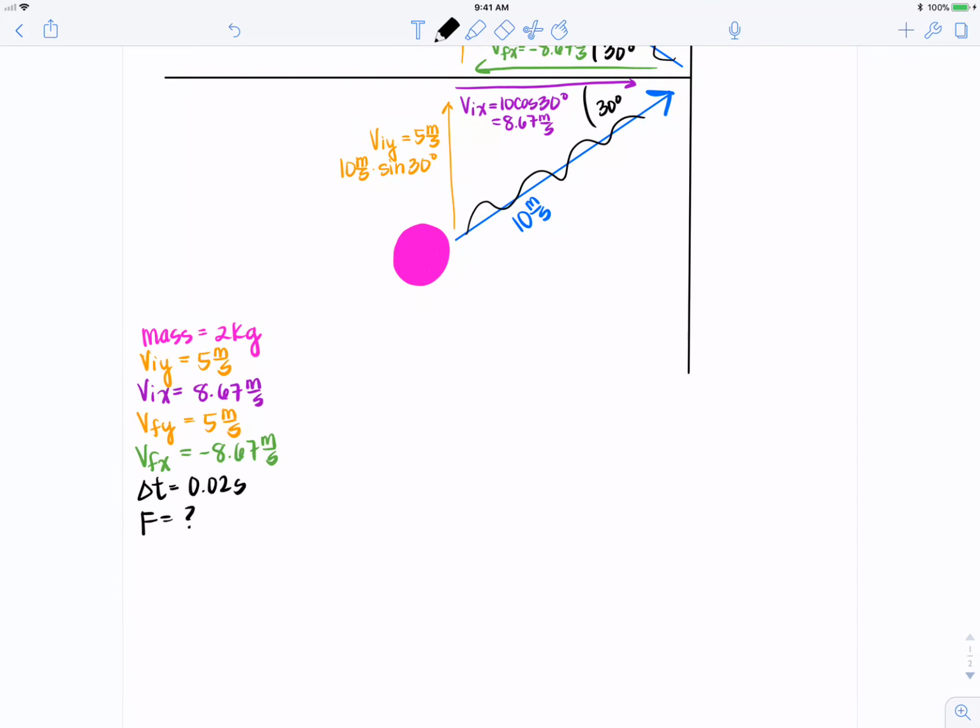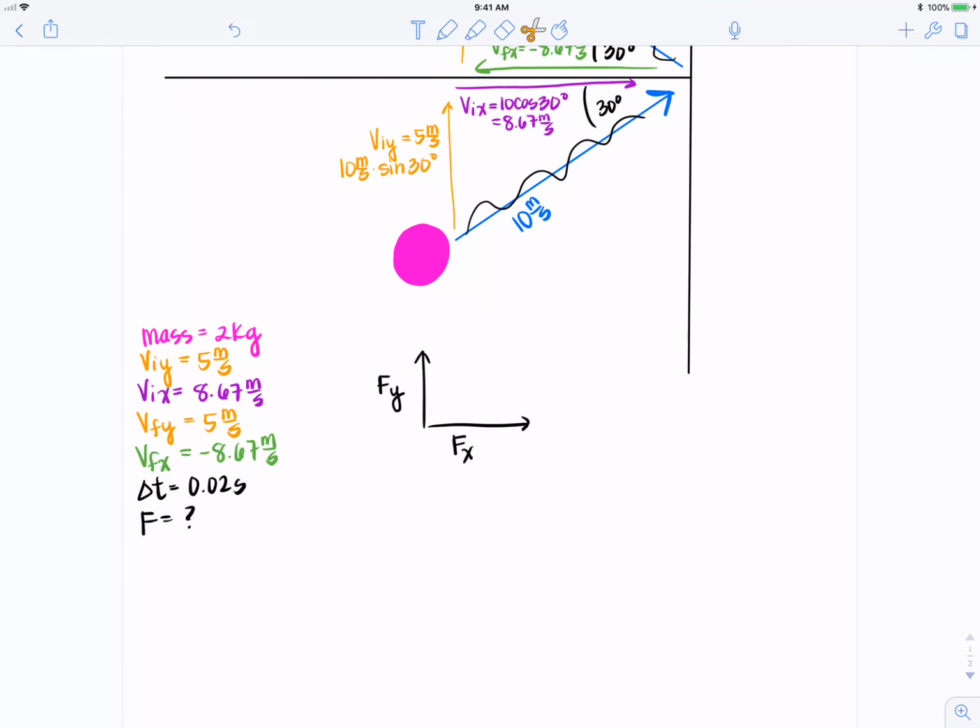Let's go ahead and solve for the force. In order to solve for the average force, we need to solve for the x component of the average force and the y component of the average force. Once we get those 2 components, those will be the legs of our right triangle, and we can square both sides to find the resultant vector. So once we solve for the force in the y direction and the force in the x direction, remember, in order to add our vectors,